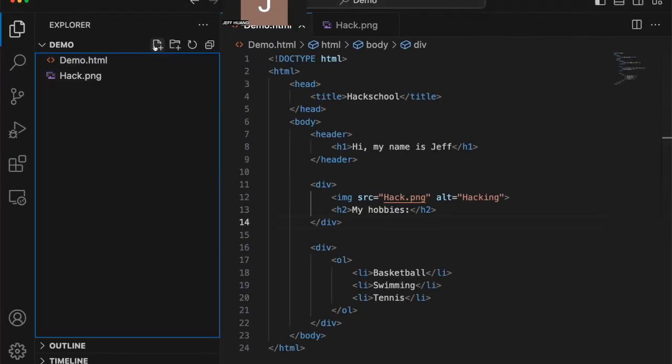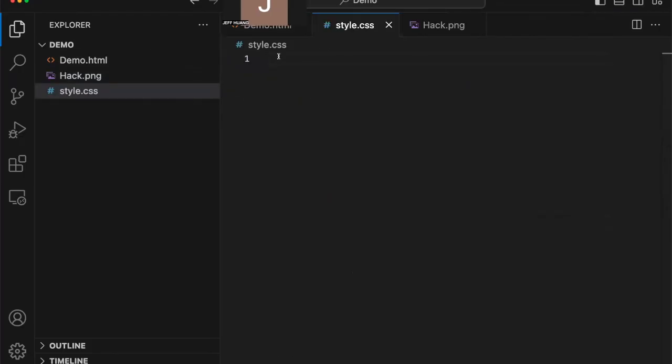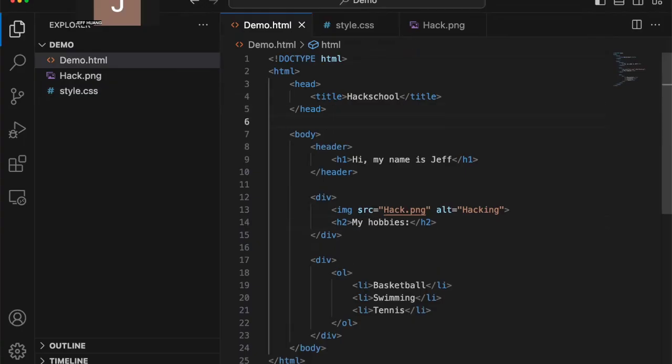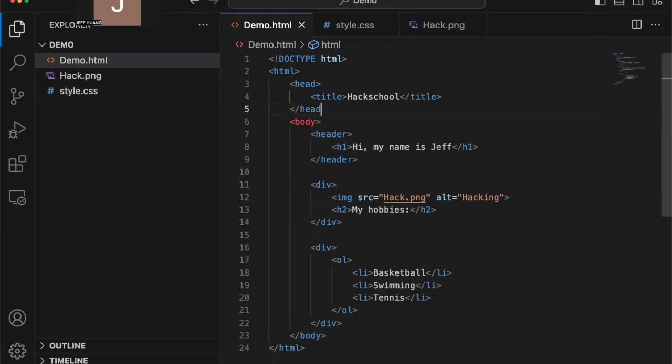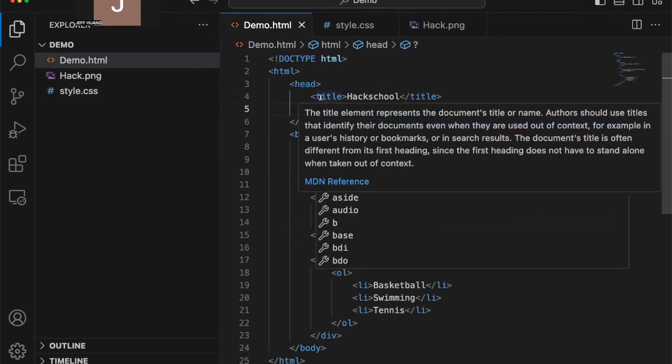Here we can add a new file, and then we'll name it style.css. And then you can change any part of this that you want. First, we can add it to our HTML file.